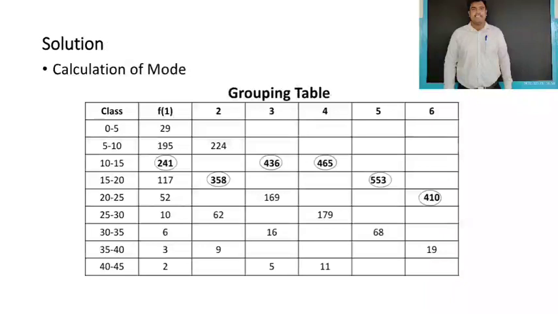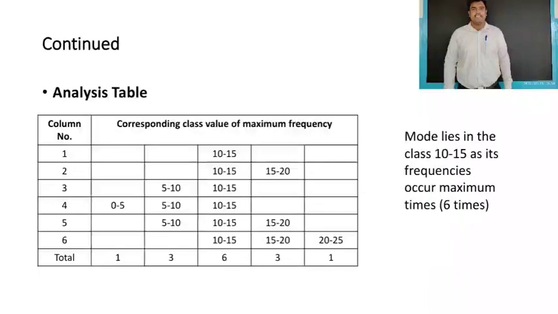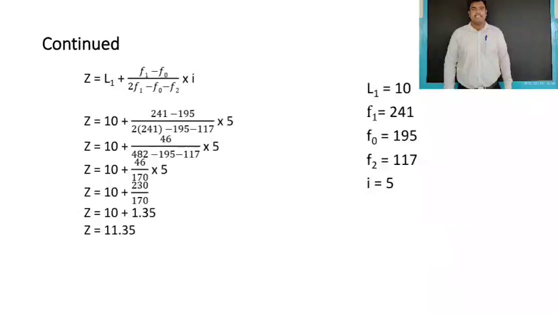Again, for the calculation of mode, I prepare the grouping table just as explained in illustration 1. The same method is followed in preparing this grouping table, and similarly the analysis table is prepared. As per this analysis table, it is quite clear that the mode lies in the class 10 to 15, as its frequencies occur maximum number of times, that is 6 times. Then I'll apply the formula for the calculation of mode as explained in illustration 1, and I get mode